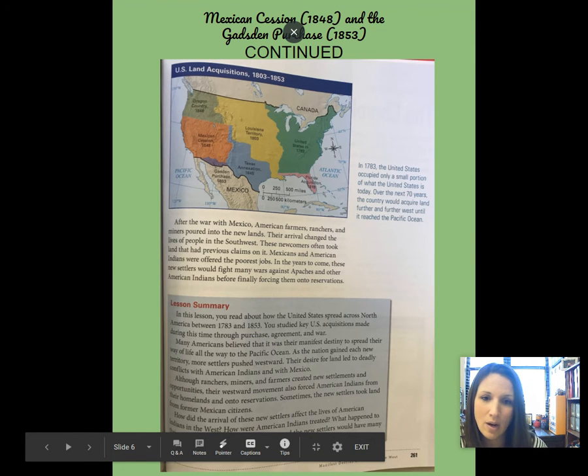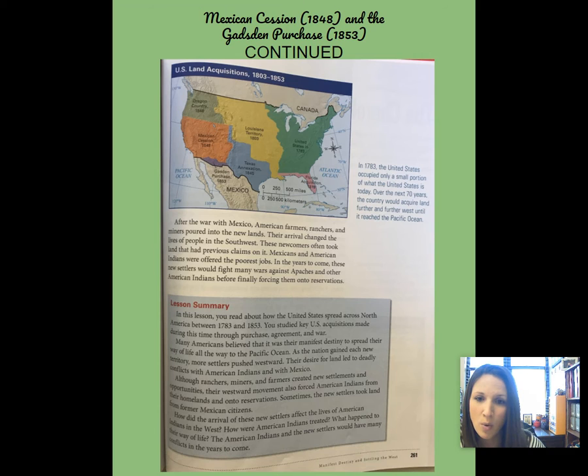After the war with Mexico, American farmers, ranchers, and miners poured into the new lands. Their arrival changed the lives of people in the Southwest. These newcomers often took land that had previous claims on it. Mexican and American Indians were offered the poorest jobs. In the years to come, these new settlers would fight many wars against Apaches and other American Indians before finally forcing them onto reservations. So you can see on the map at the top of this page, again, that area